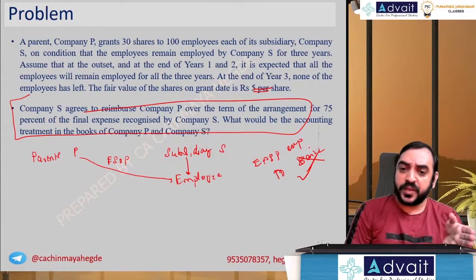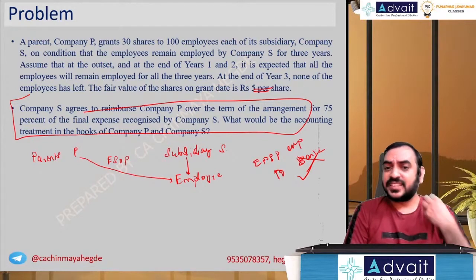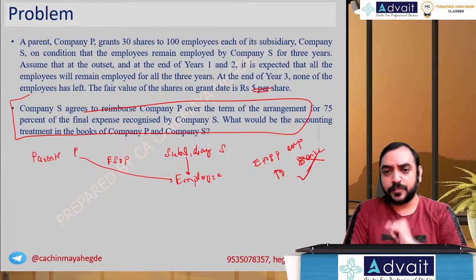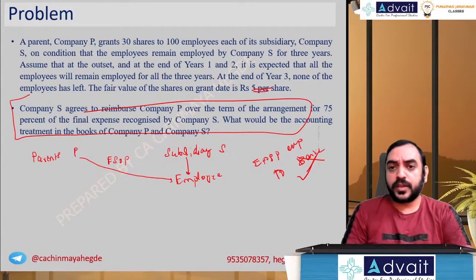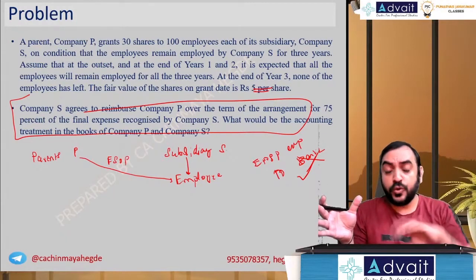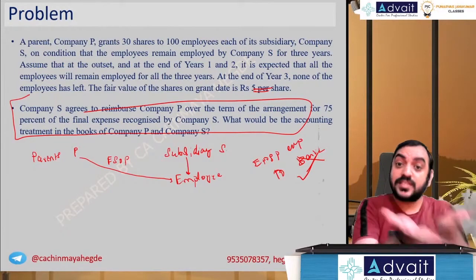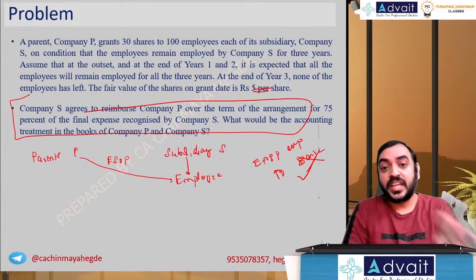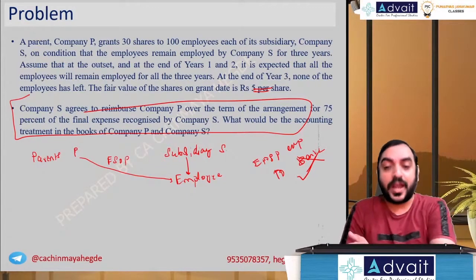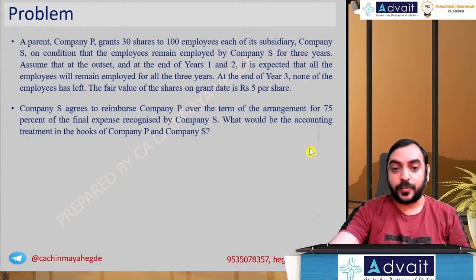And what would the holding company do? They are giving the shares without any direct benefit. Had they received a direct benefit, the bank account would have been debited, but they are not having any benefit directly. So what will happen to the debit entry? To bank they will credit, but on the debit side they will say we are paying towards the subsidiary company. It's our company, we are investing in their company. So investment in the nature of equity: investment in subsidiary in the nature of equity account debit, to bank. That's what the parent company is going to do. But there's some reimbursement also happening. Let's see what the solution looks like, and the detailed calculation also.